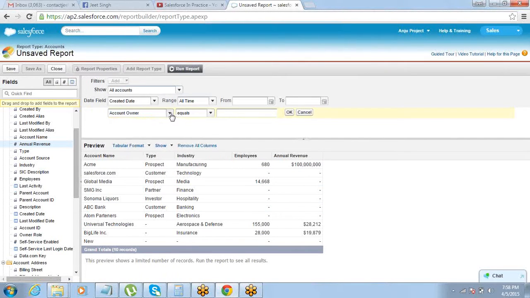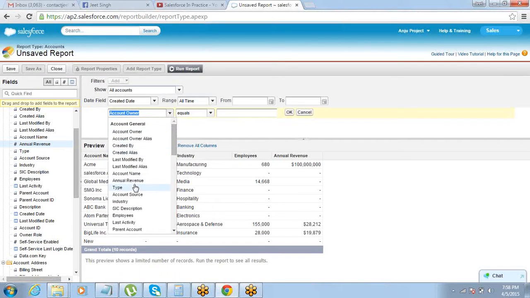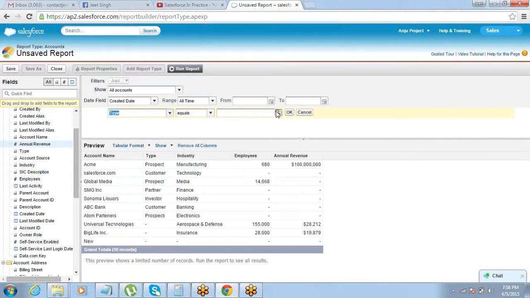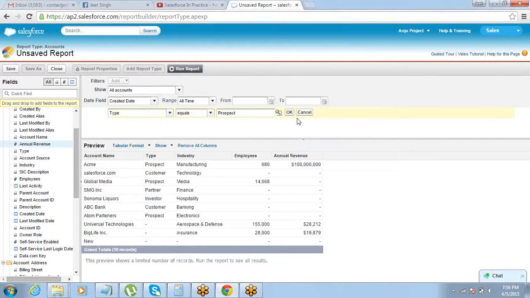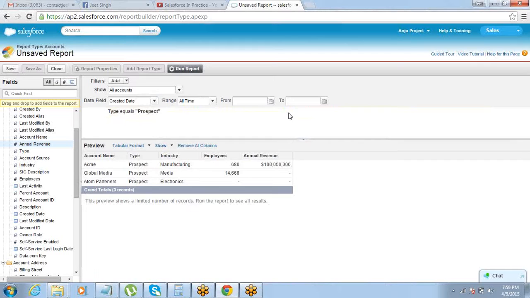So you'll have to say where type equals prospect. Got this? So this is how it is. The filters can be added from here.